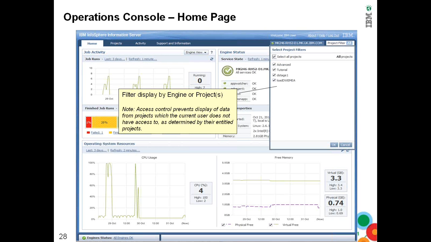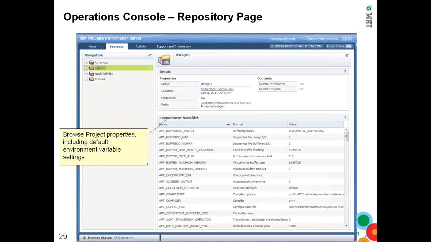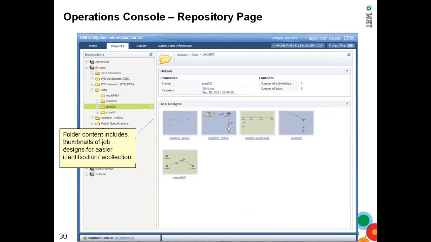So this is the repository page. And this actually shows you the project level information and the environment, down to the level of even the environment variables that are available, which you can use, right, which you've actually defined. So this actually gives you one window into the repository of your project, and you need not go and open Designer and all those things. You can get all information from right here, and check on your design effort. Right, just moving on to the last one.